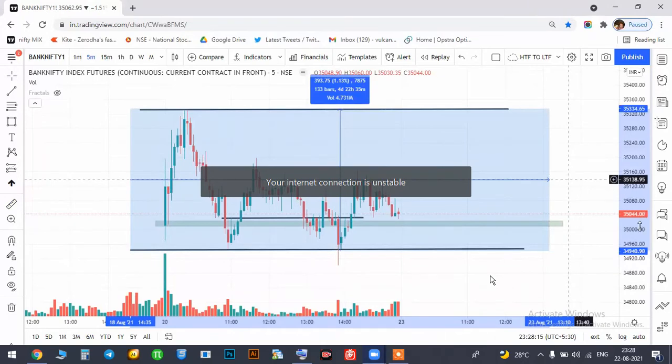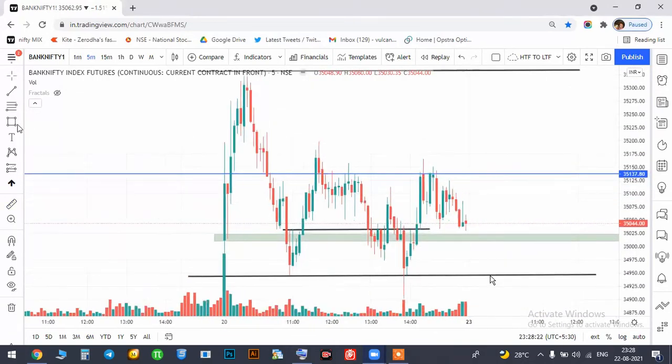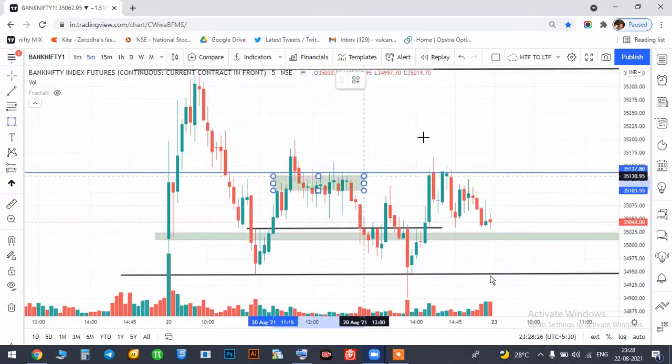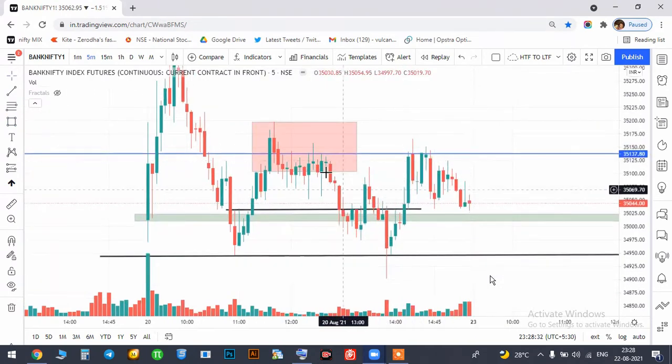At 50, what do you see? Can you see something at 50? Rejection, sir. Yes. And what type of order block? Bearish. So when you see that rejection and that bearish order block,